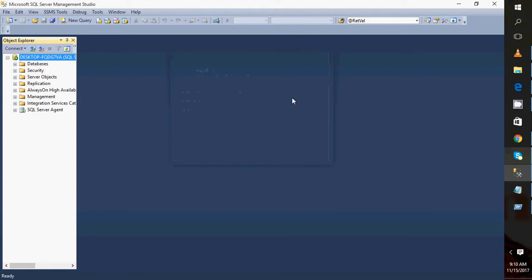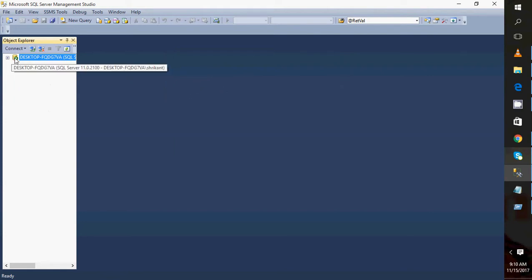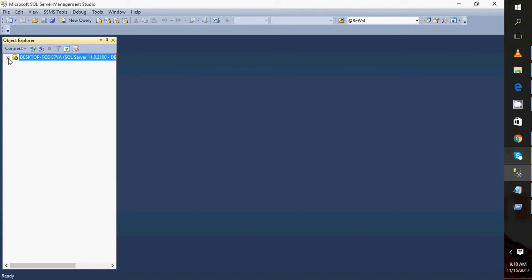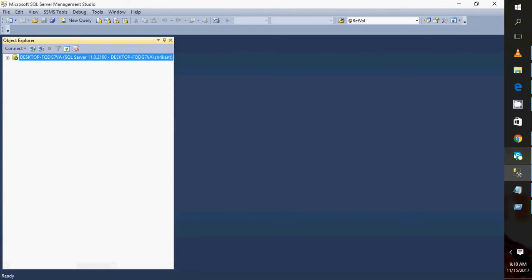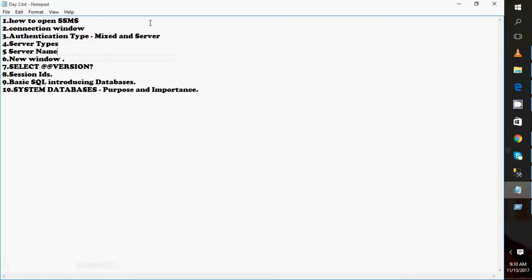You will see here the play symbol. This is your server name. Inside the server you will see different things. We'll talk about that in the next video, but now you can see this is the desktop QDGV7. This is my SQL Server. So we have completed the first part: how to open SSMS, then the connection window we have just discussed, then the authentication type and server name, right? Next part is